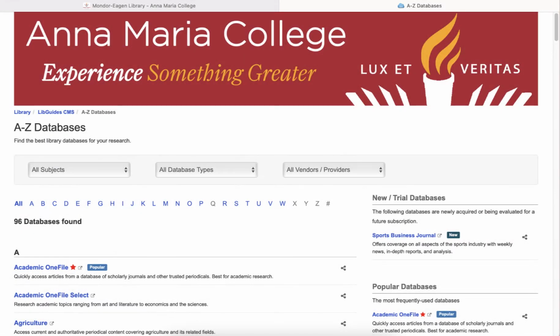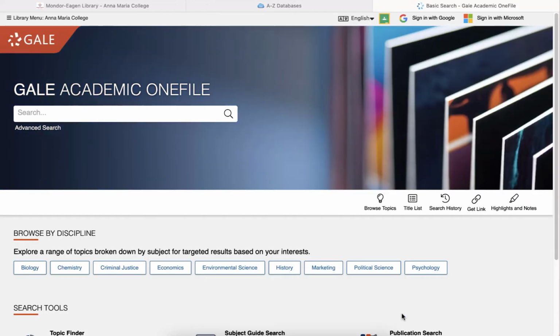You can find Academic OneFile under A on our A to Z database list, or else at the top of the list of popular databases. Clicking on the link will bring you to a page that offers a search bar at the top as well as a few more options below for browsing by subject or topic. For our purposes, we're going to use the search bar to try and find information about our topic,